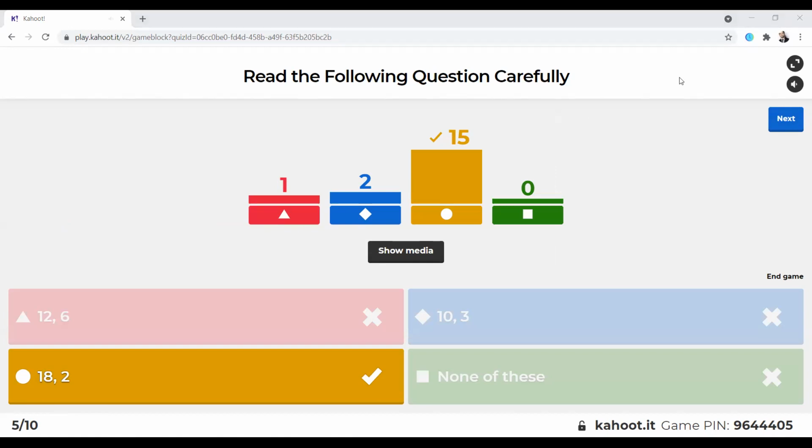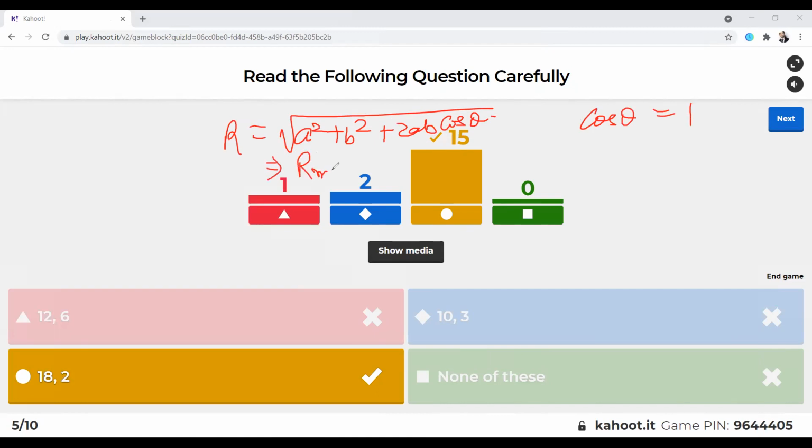मैक्सिमम एंड मिनिमम वैल्यूज कैसे निकालते हैं वेक्टर के? हाउ टू फाइंड मैक्सिमम एंड मिनिमम वैल्यूज of the two vectors, the combination of two vectors? In one case take the cos theta as 0, in another case take it as -1, right? So that will give you resultant का जो value है, that is a square plus b square plus 2ab cos theta, है ना? So if you put cos theta as 1, that means it will be r max, you will get it as root a square plus b square.